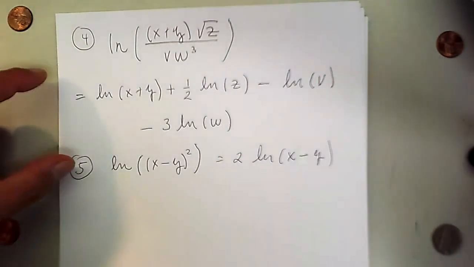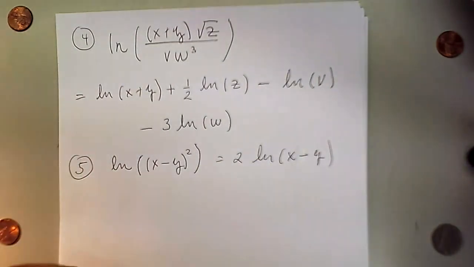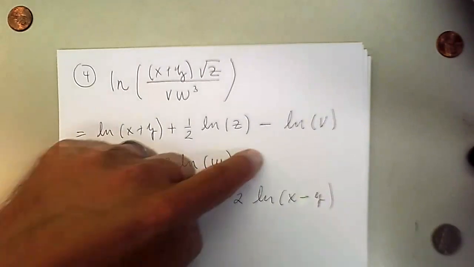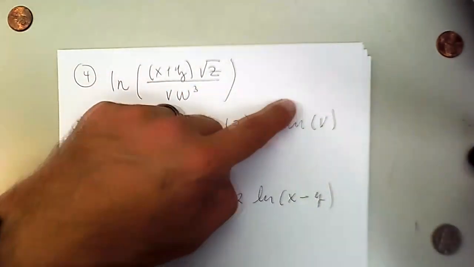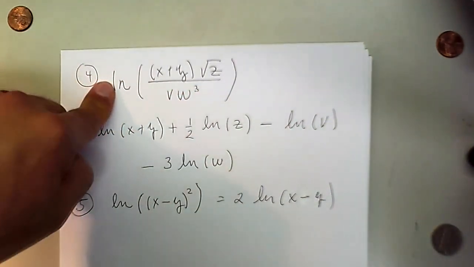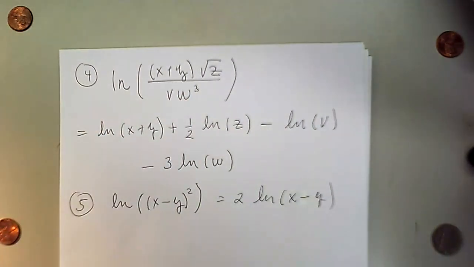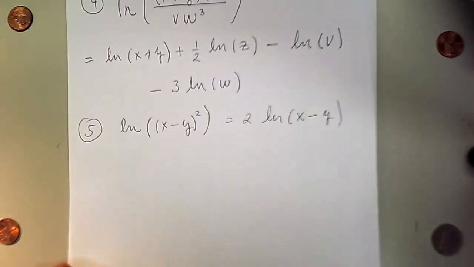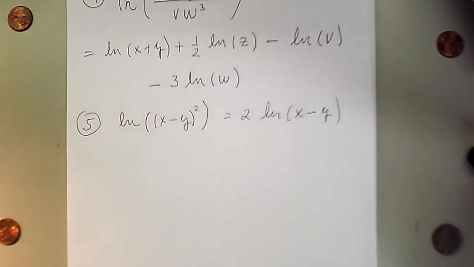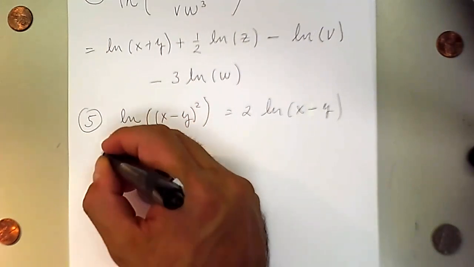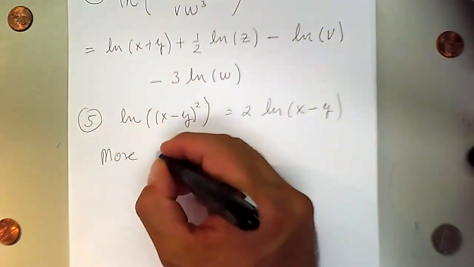The other kind of example is to consolidate back together. So if we give you this problem, put it back together as one logarithm. That's the other kind of problem that I can think of. Let me remind you, before we move on to equations, of other properties that are very, very simple. So more properties